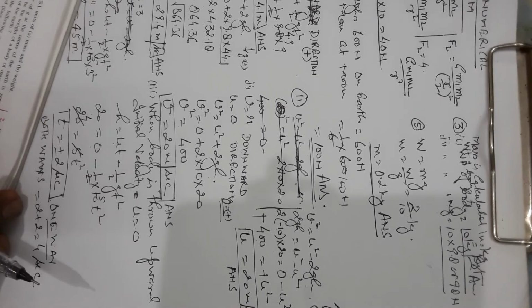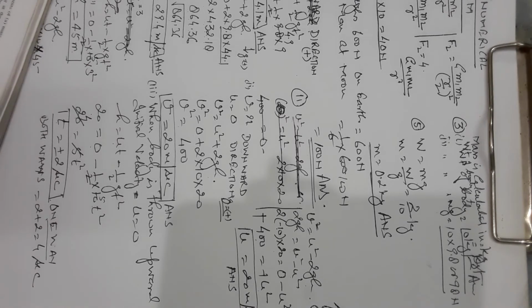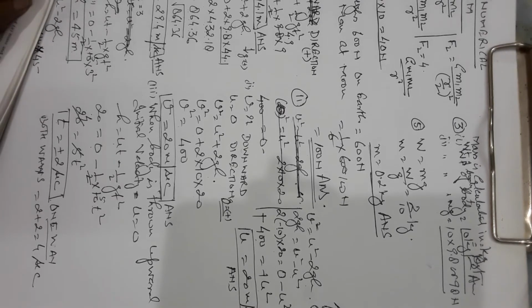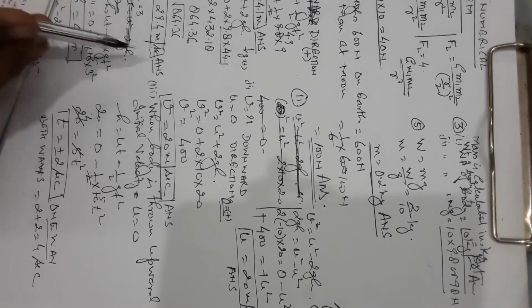Is it clear? That was question number 11. Question number 13: a ball is thrown vertically upward and returns 6 seconds later. So it means on reaching the maximum height, 3 seconds will be one way, 3 seconds for going up and 3 seconds for coming down, total 6 seconds. The greatest height reached by the ball: how high did it go? t is equal to 3 seconds here.